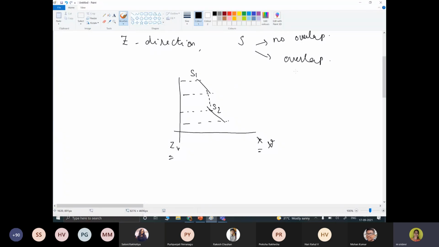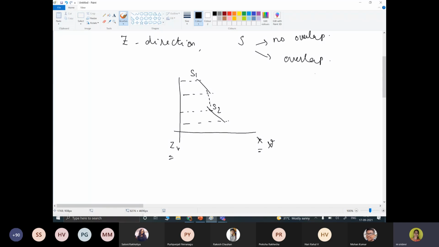So we have to find out what kind of overlap is there. If there is no overlap with respect to the depth, as long as no overlap occurs, each surface is processed in depth order until all have been scan converted. If a depth overlap is detected at any point in the list, then we have to make some more comparison to determine whether any of the surfaces should be reordered.